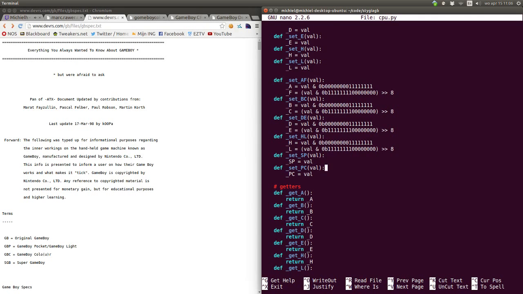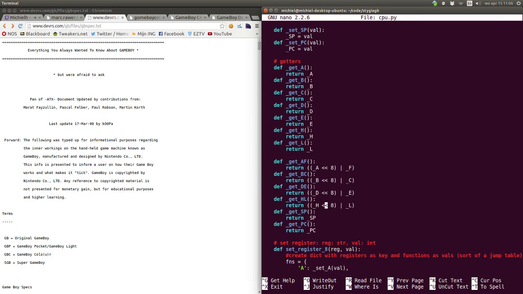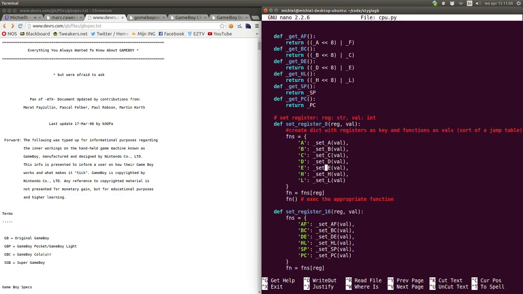And these ones are just simple because you cannot use them in their 8-bit singular form. And then the same thing for getters, but they're really simple, of course. So then I have built some generic register functions, and I think that my idea will be to use these as much as possible, because it's more Pythonic to do it in this way, and not use all